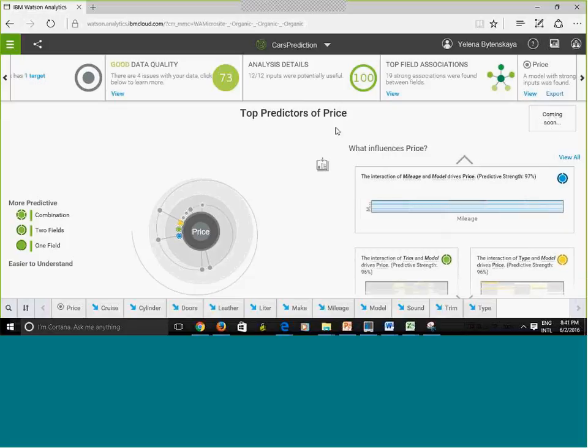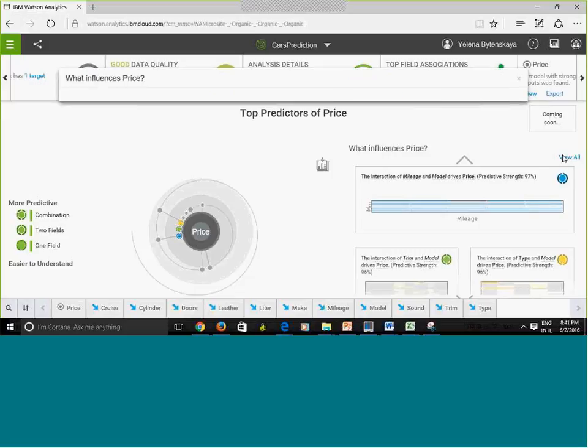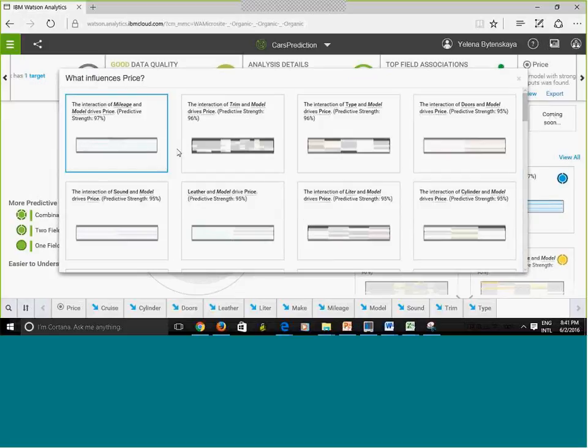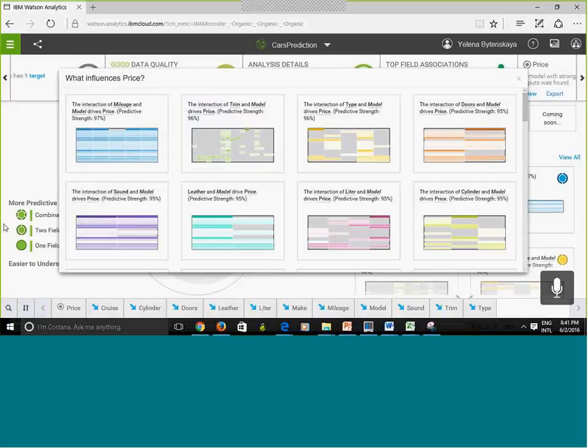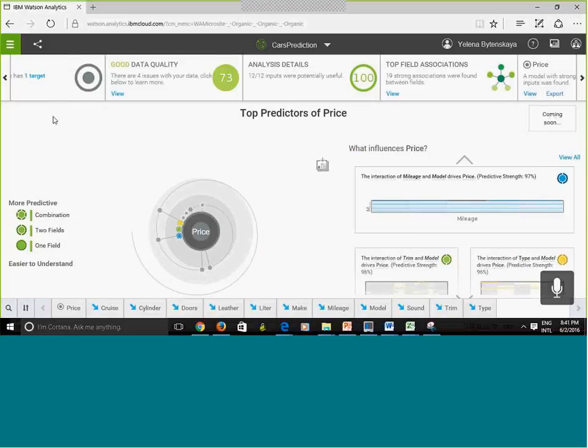Okay. Now, what you could also do is you can do view all here. It's going to show you, well, of course it's very difficult to read when you're doing the combination of variables, but you got the idea, right? So now I show you the prediction, and this, it's saved. You don't need to save it. Notice that this is saved.